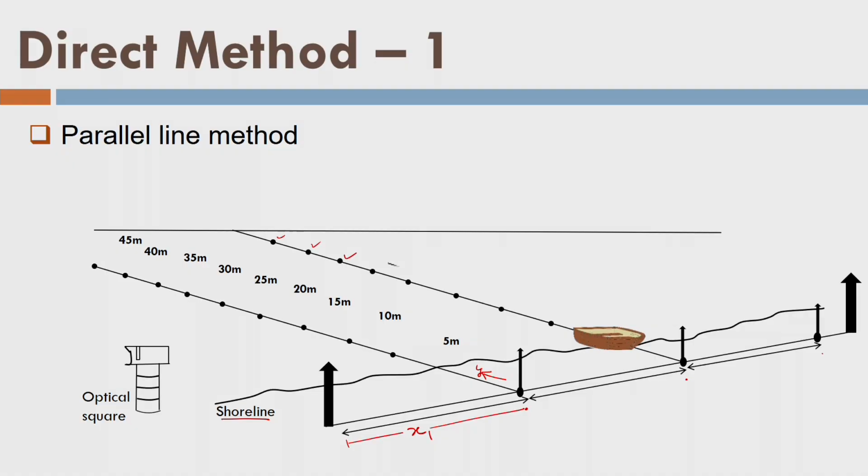Fine. Now if you see this run, when the boat comes from the offshore towards the shoreline, it is called an inbound run, like this. Similarly, when the boat goes away from the shoreline towards the offshore, we call it an outbound run, like this. Fine. I hope you got the idea. We will repeat alternate outbound and inbound runs to cover the whole area of interest. Like this, we will collect data on these points.